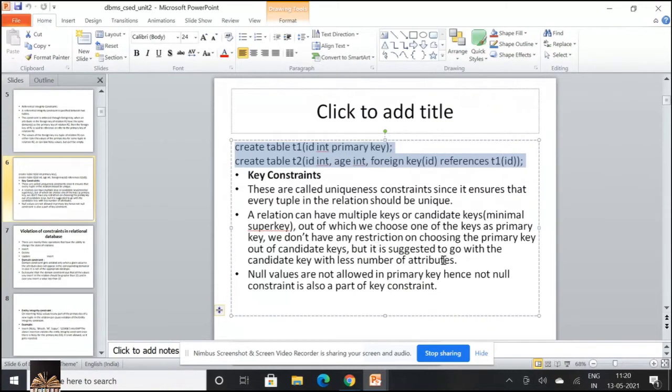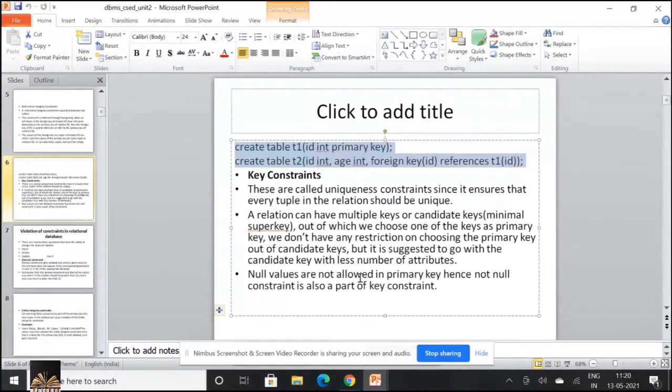And whenever we want to choose a primary key from a candidate key, we do not have any restriction on choosing the primary key. You can choose any of the keys. If there are n keys in your candidate key, say n1, n2, n3, you can choose either n1 or n2 or n3 as a primary key from the list of candidate keys that are coming from the super keys. Try to understand this.